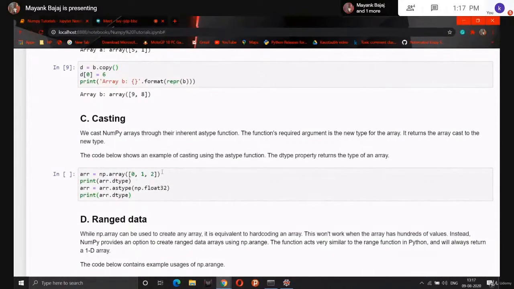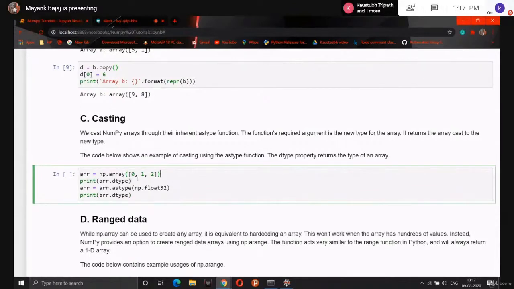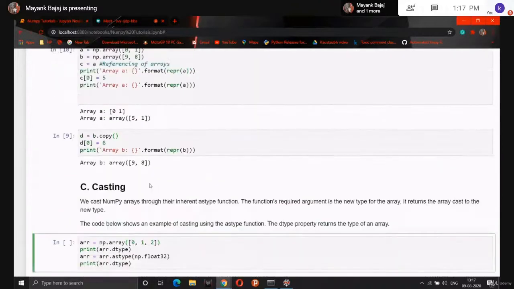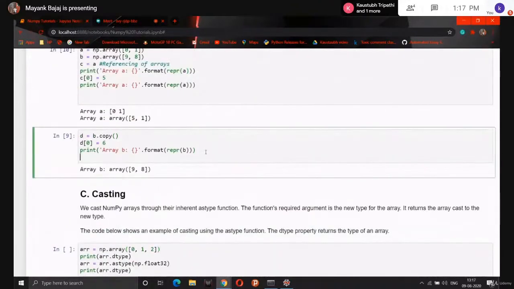Here I had created again one NumPy array with 3 elements, meaning 1 row and 3 columns. Then I am printing the data type. This is an attribute of the array, that is dtype. Using dtype, I can print the data type of the array. Let's try it over here also, guys. If I print here, we had an array named D. Let's do D dot dtype.